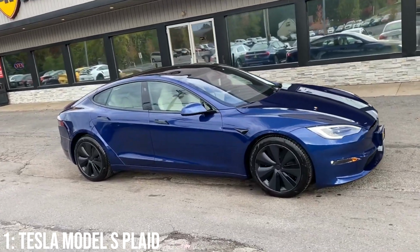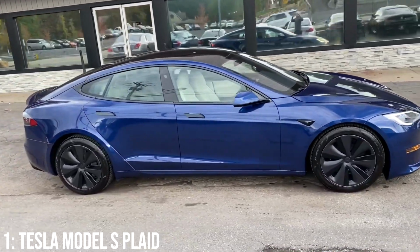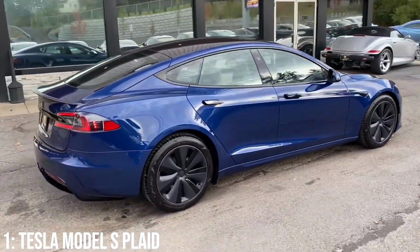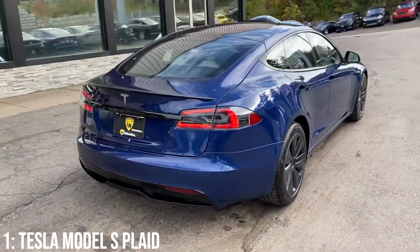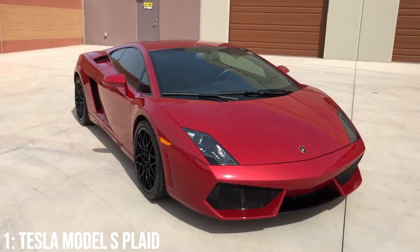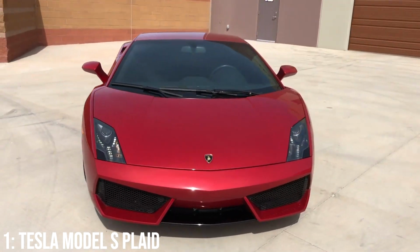Is the Model S Plaid a fast car? Yes. Does it accelerate ridiculously quickly? Yes. Does it look at least a bit premium? Yes. Does it look like £125,000 worth of a car? Not a chance. For that kind of money, if you bought used, you could get yourself a Lamborghini Gallardo, almost